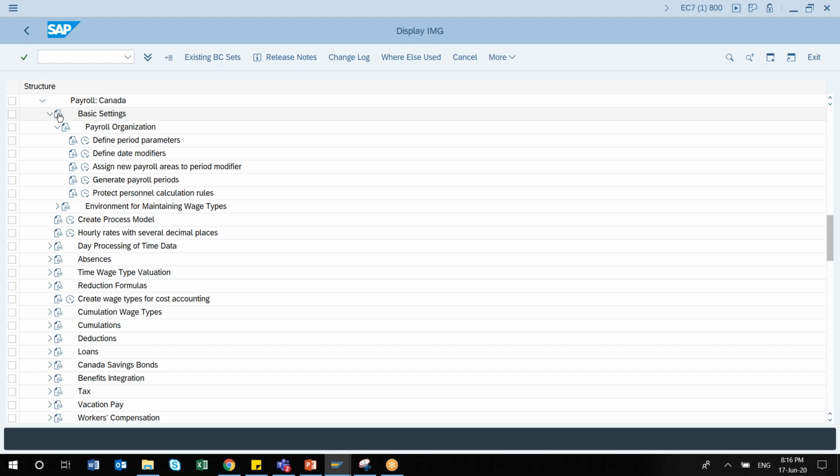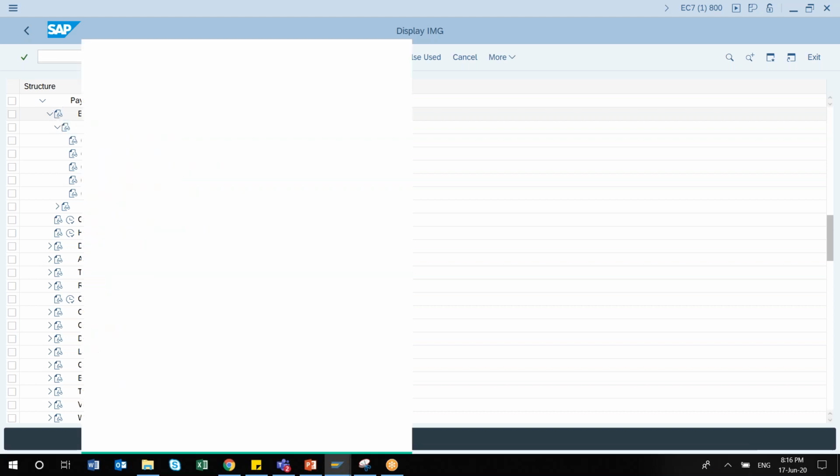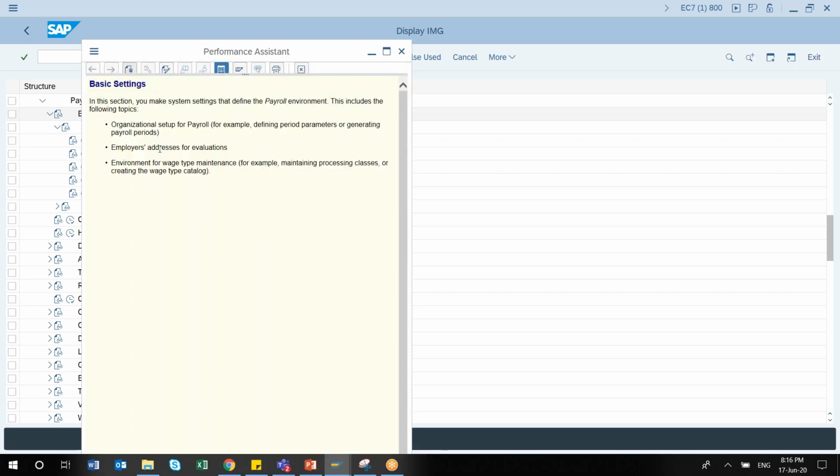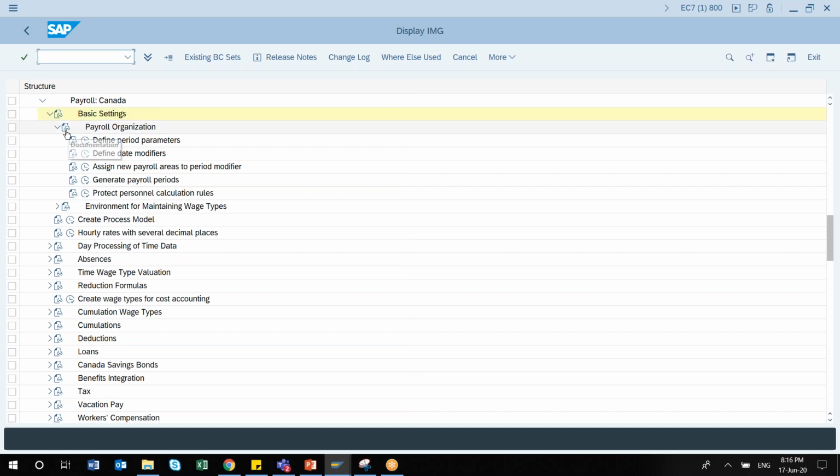Generally they are focusing more on EC payroll and those topics. But for country localization, always refer to this note directly. If there is a node saying basic setting but there is no execution button, there is a documentation section. Always refer to this documentation section for your understanding. This is very handy and will be helpful for you as well.